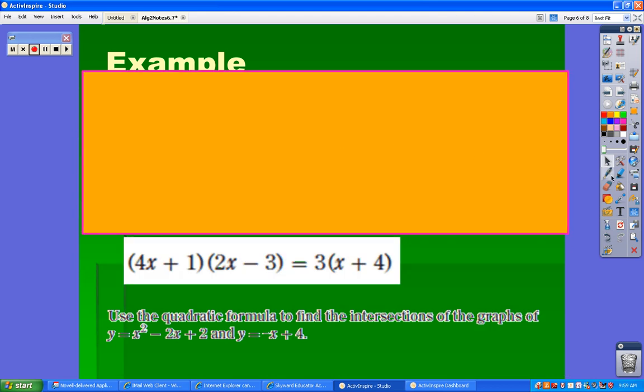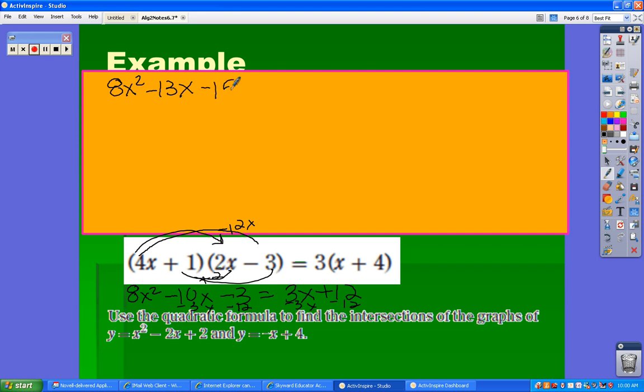Okay, this one I have some work to do before I even get started. I need to clean this up. So I'm going to double distribute here. 4x times 2x, that's 8x squared, minus 12x plus 2x, that's minus 10x. I went ahead and combined those in my head. Minus 12x plus 2x became minus 10x. And now I have minus 3 equals, distribute, 3x plus 12. I have to get 0 on one side, so let's go ahead and do that. I still have 8x squared, minus 3x, minus 13x, minus 12,